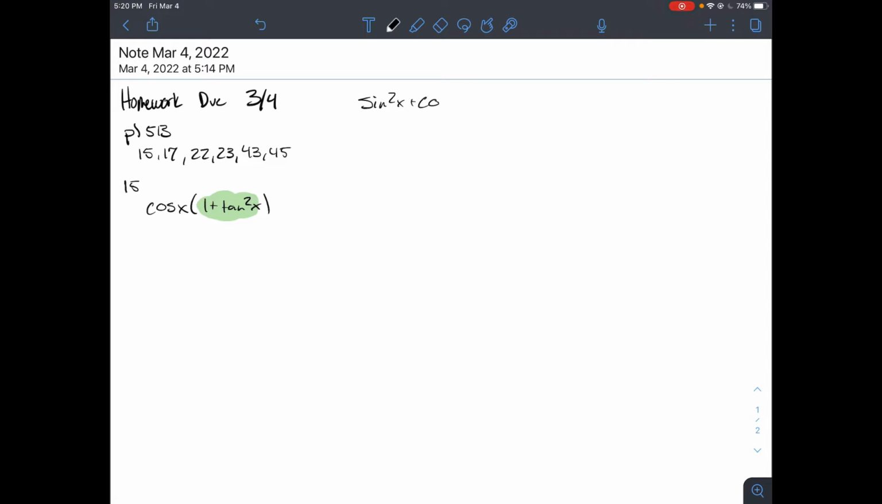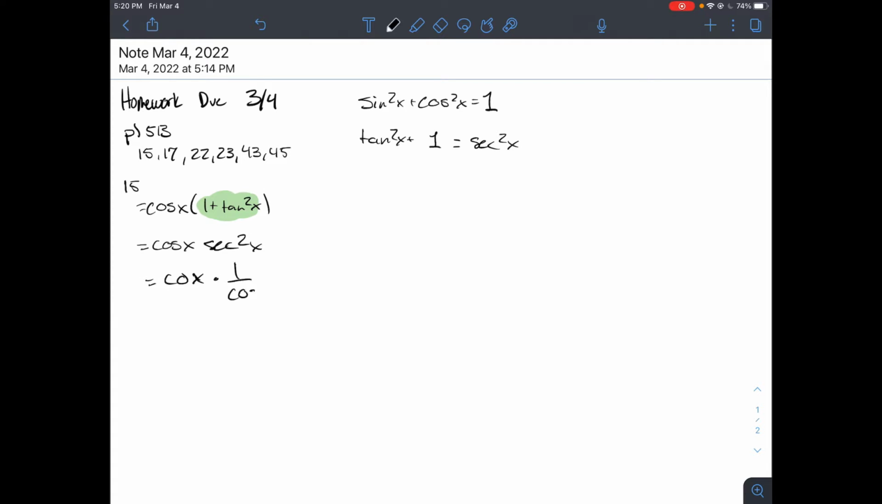So sine squared plus cosine squared is equal to 1. I want to get a tangent here, so I need a sine over cosine. So I'm going to divide everything by cosine squared. Sine squared divided by cosine squared is that tangent squared that we want. Cosine squared divided by cosine squared is 1. And then 1 divided by cosine squared is secant squared of x. So this 1 plus tangent squared is now going to turn into cosine times secant squared, and I know that this is just going to end up equaling